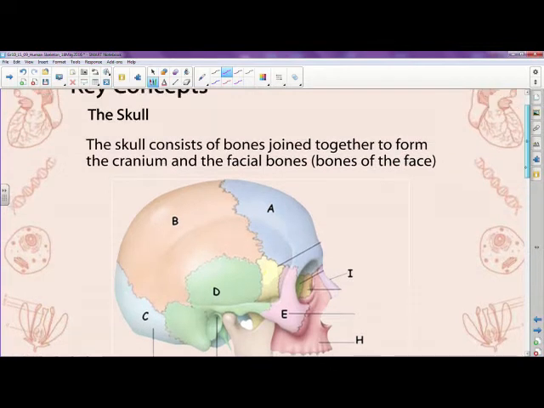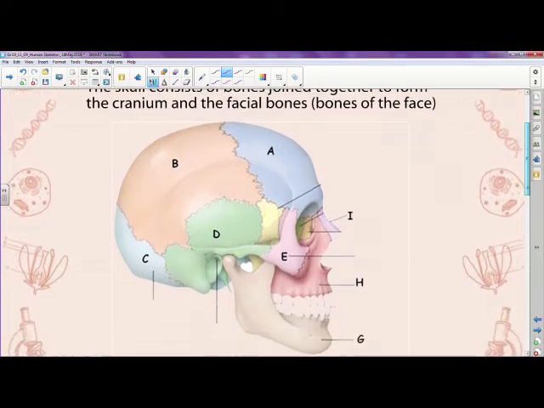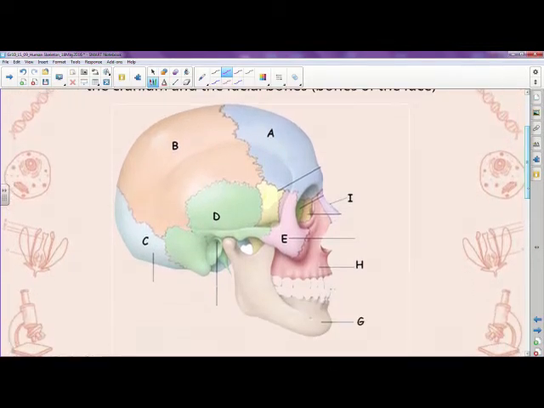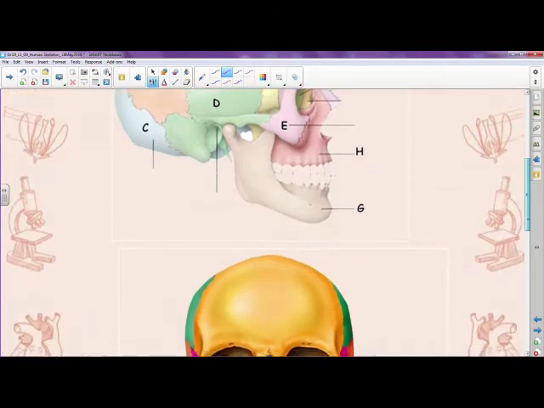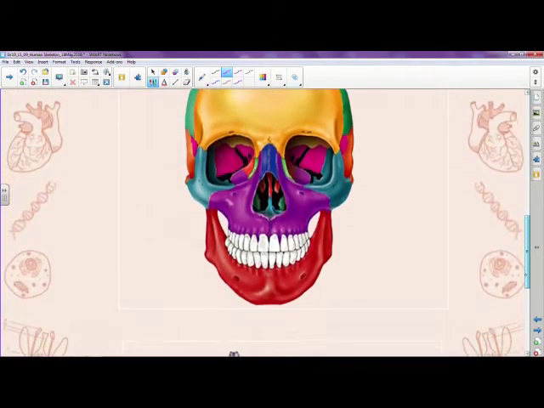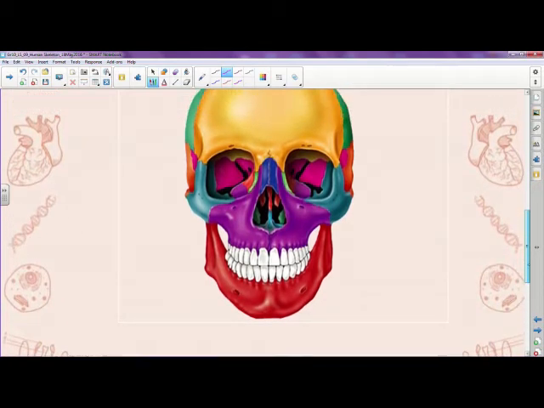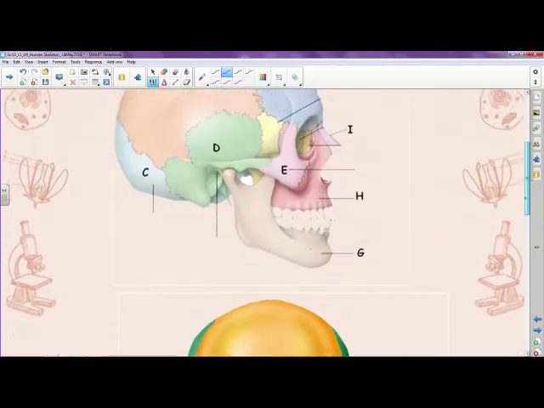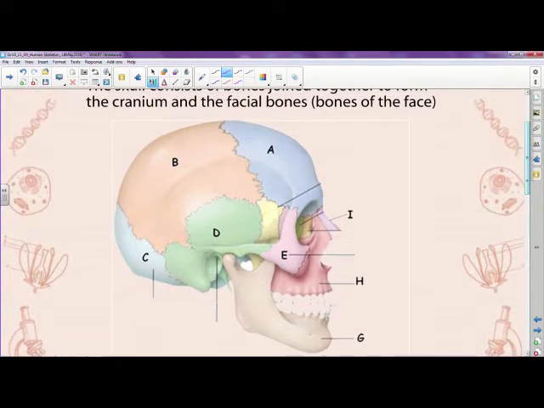Okay, guys, the first one we're doing is the concept of the skull. Now, I need you to understand that the concept of the skull is the head, but we don't refer to it as a head. If you have a look at all the different diagrams that I have shown you, they color code it. Not one color meaning any specific thing, but they use color to show you that it's not one